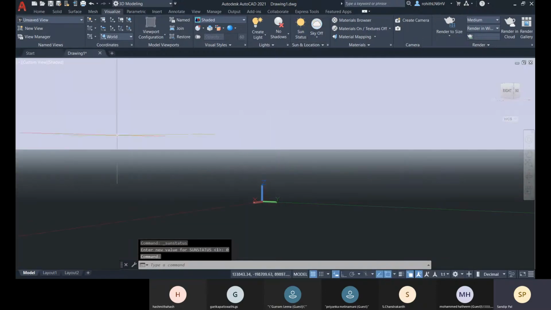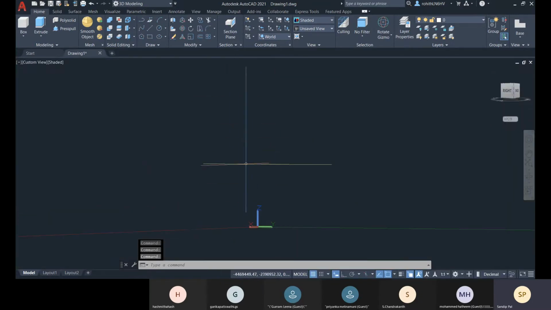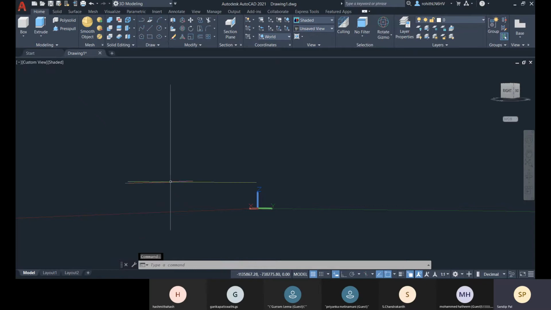Now here, if you just need to see your plane, you will choose parallel projection, and if you need to see the horizon and the real world, you will go with this perspective projection.